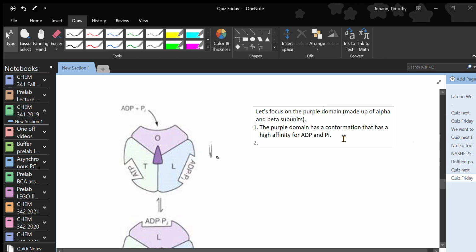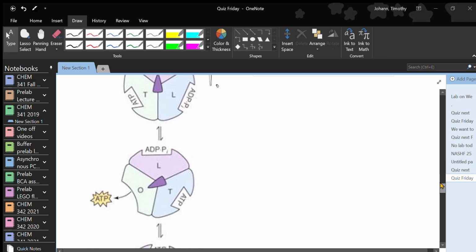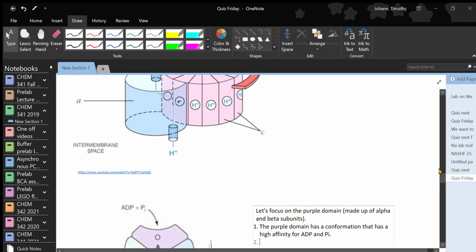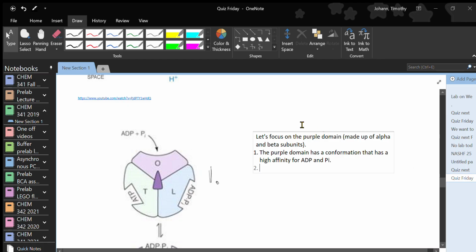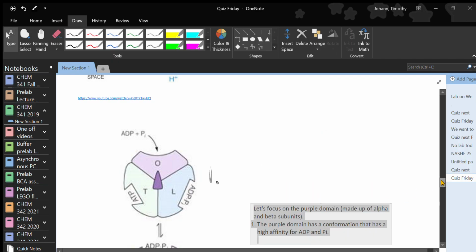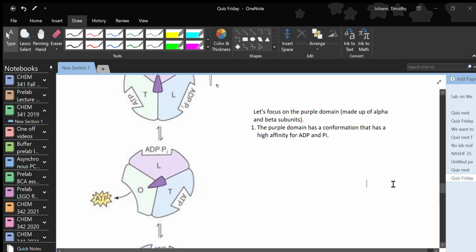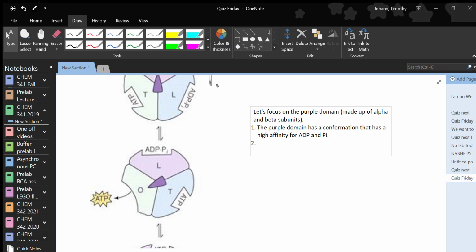All right, two, next one down, right here. I'm going to carry this other thing down with me. All right, so two, the gamma subunit turns, let's say, and it's actually 3